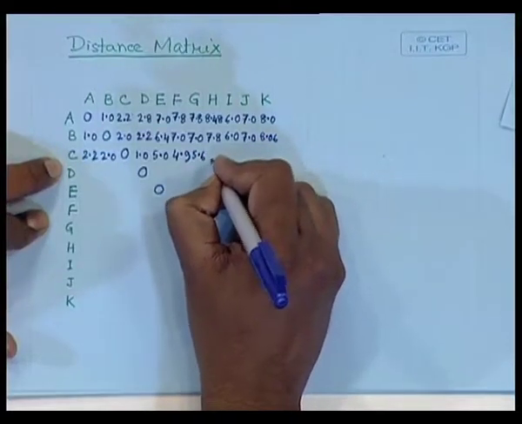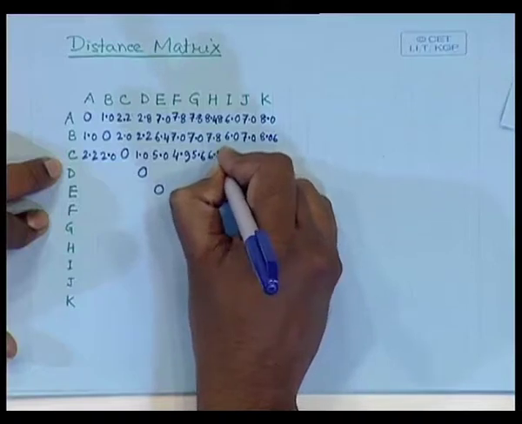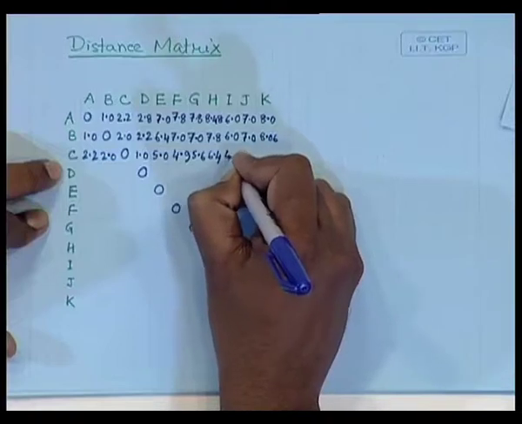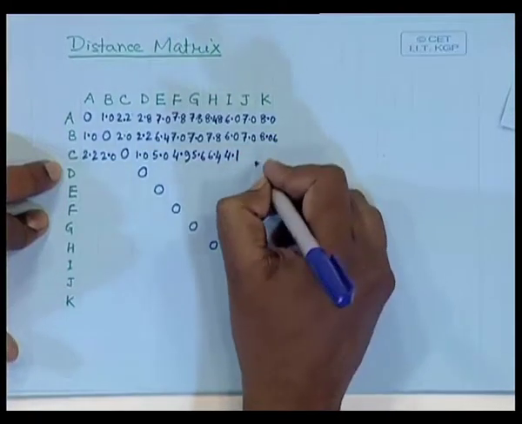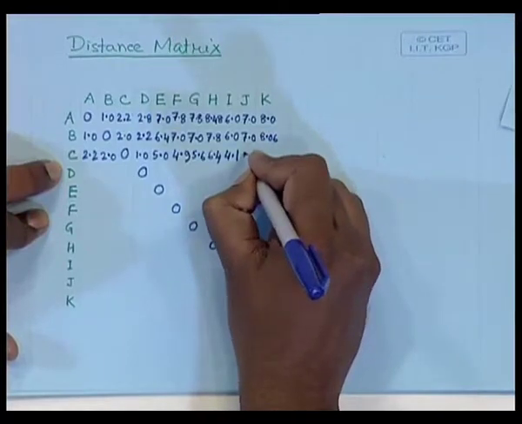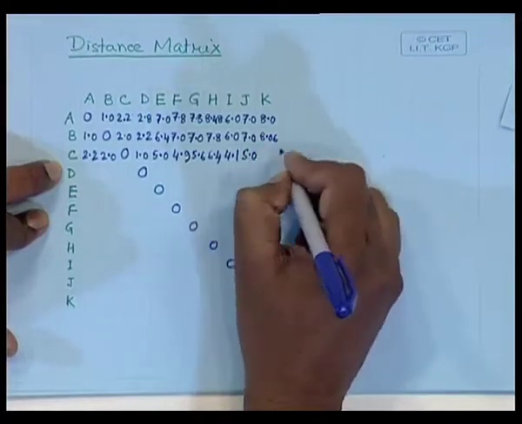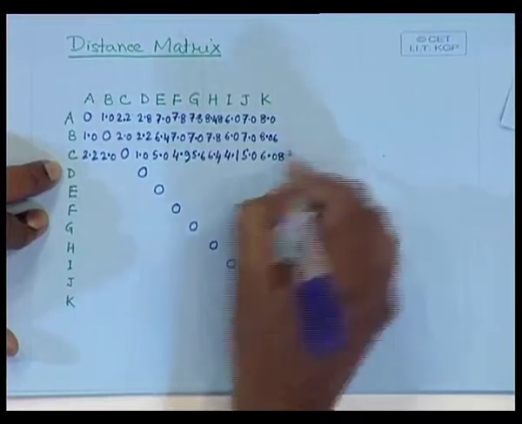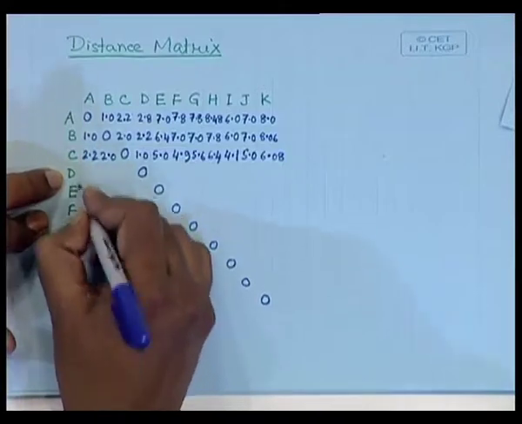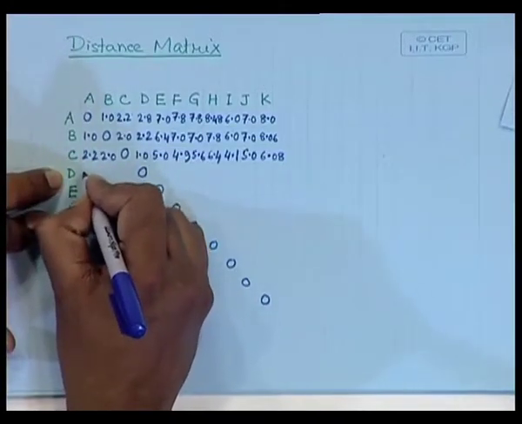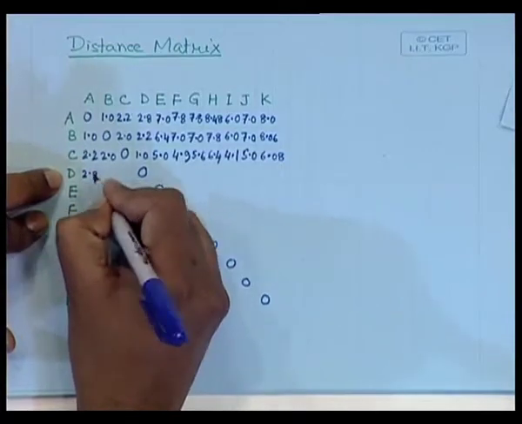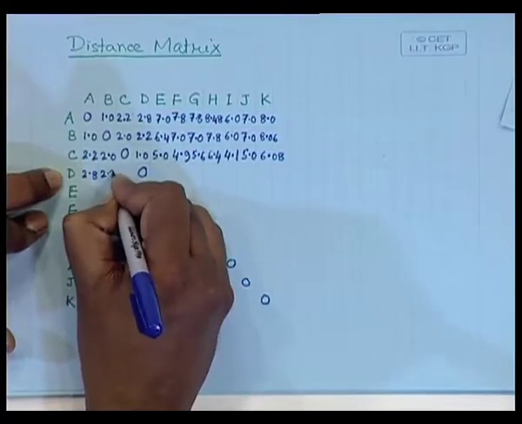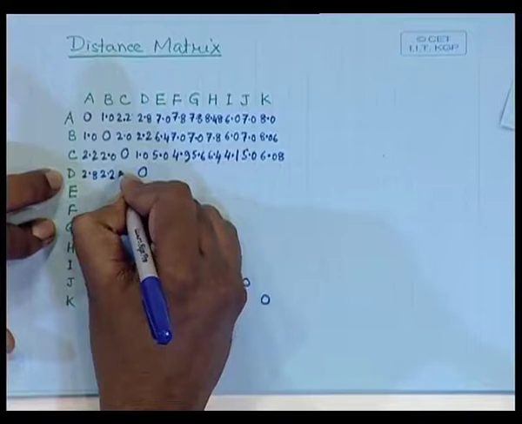Between C and H, the distance is 6.4. Between C and I, the distance will be 4.1. Then the distance is 5.0, and the distance will be 6.08. Then when I compute the distance from D, it is 2.8, then comes 2.2, actually 2.23, then 1.0,